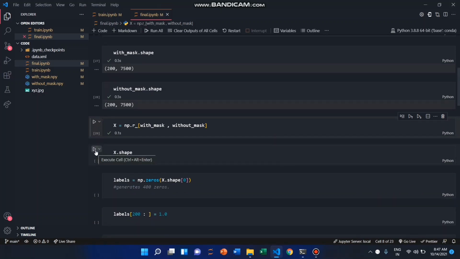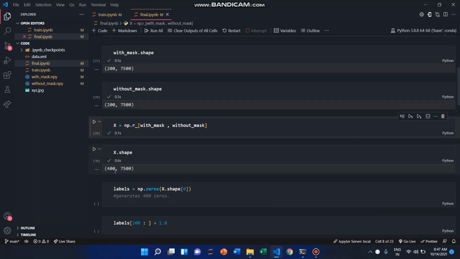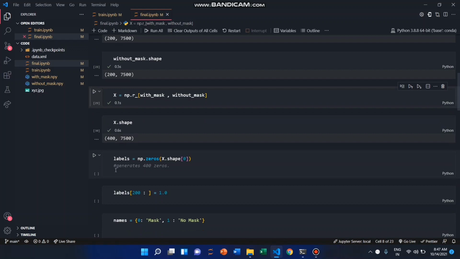Now when we again call our shape method, you see the output where the first value is 400, where 200 images are with mask and 200 images are without mask. Now we will label without mask with 0 and with mask with 1.